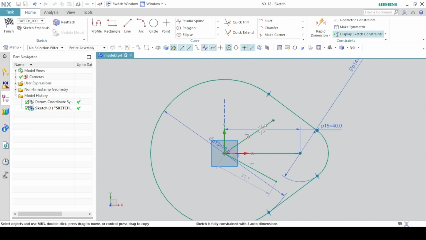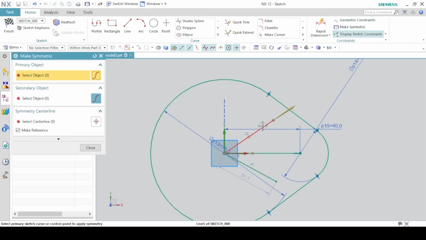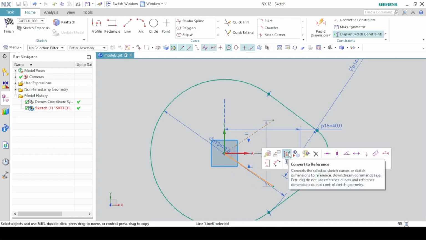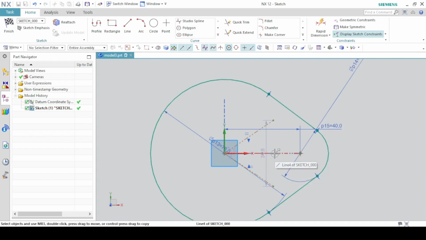And you also have to make them symmetric about the horizontal line here, so make symmetric. The primary object should be this line, secondary object this line, and the center line should be this line. Now make this a reference line, this also a reference line. This is already a reference line.